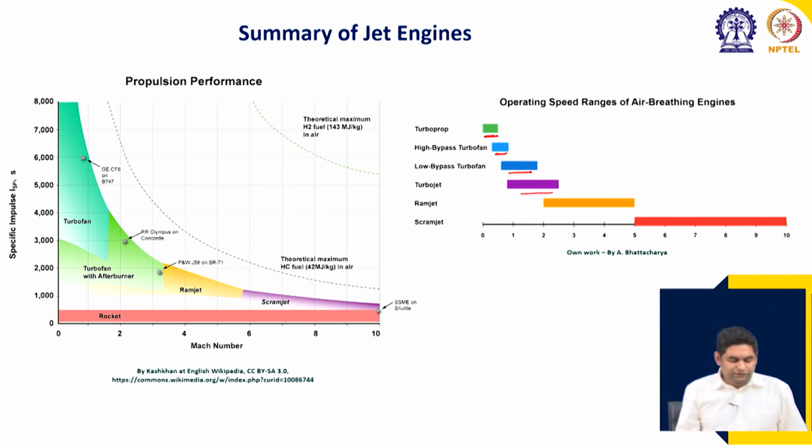Okay. On the left hand side, you see a comparison between the specific impulse and the flight speed in terms of Mach number, and we see that turbofans are generally designed with high specific impulse, but are for lower Mach number. Turbofans with afterburner, like those for military aircraft, can go to higher Mach number, but have lower specific impulse. Then ramjets will have even higher Mach number, but even lower specific impulse, and scramjets ultimately will have lower specific impulse as compared to the other types of jet engine, but in all cases the impulse is higher than that